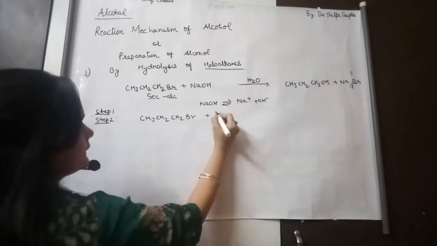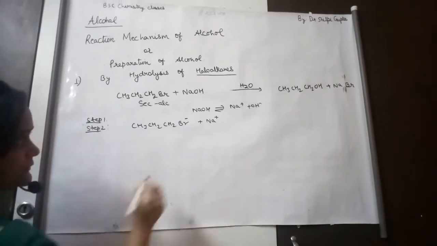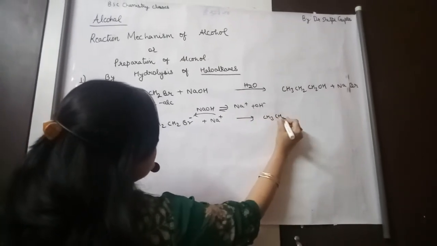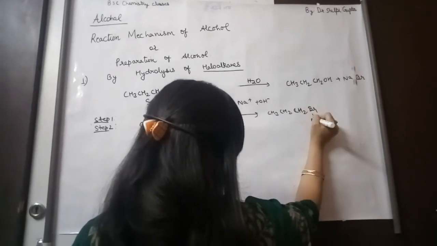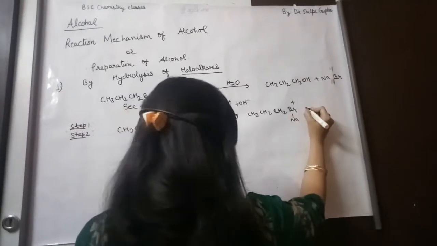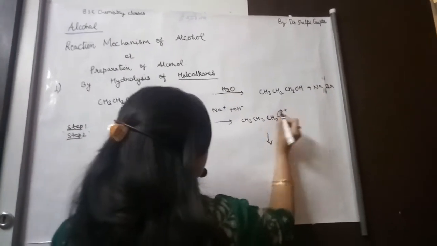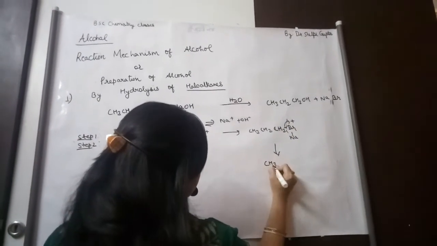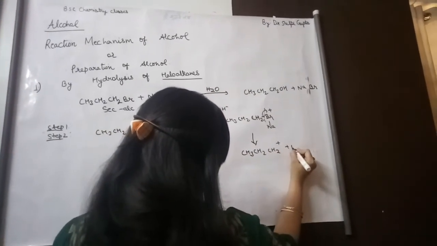Okay, now an electrophile will, it is electron loving, it has lone pair of electrons, so it will attack on an electrophile, and what will happen? CH3CH2CH2, an intermediate compound will be formed, BrNa. Okay, it will get positive charge. Then the lone pair of electrons will be attracted and will break down. So again, the compound formed will be CH3CH2CH2 plus NaBr.